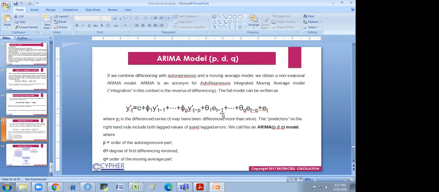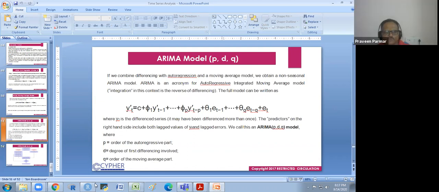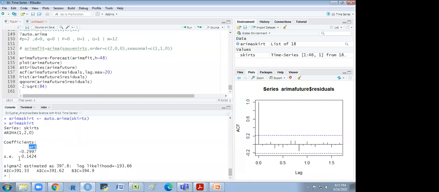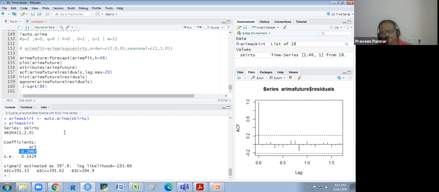And the MA value, moving average Q, if it is equal to 0, you can say that the series errors are not related. So technically we say it like that, but with regard to data you have to interpret it. First thing is the coefficient, that you have to interpret. AR1, the coefficients are there. This coefficient is very important. Basically it is negatively related to its own value, like in basic regression.